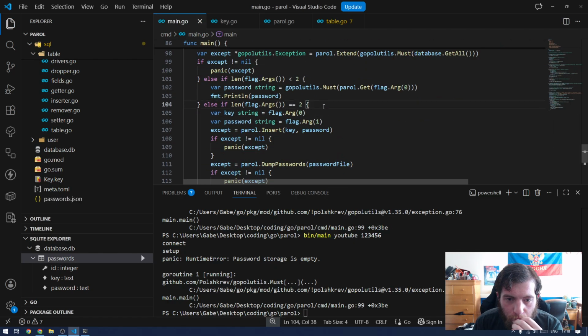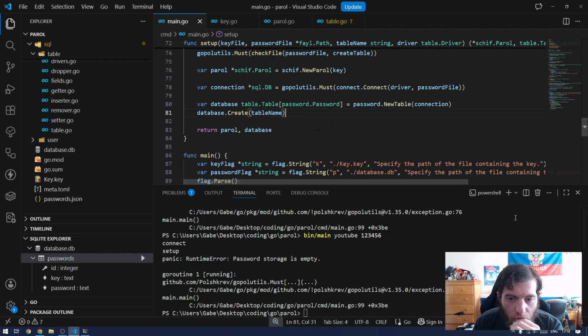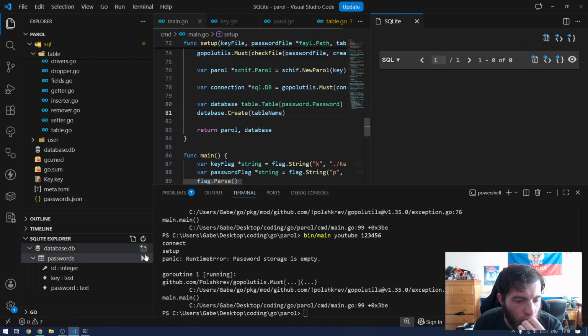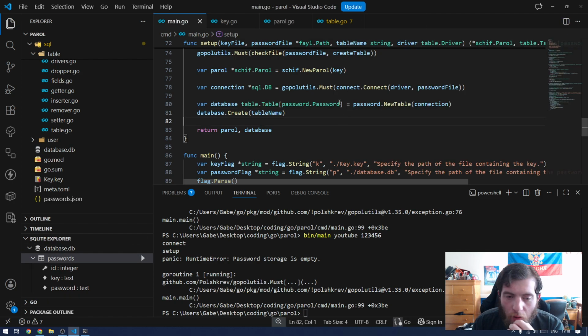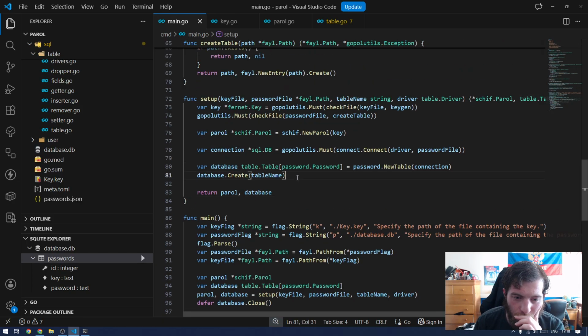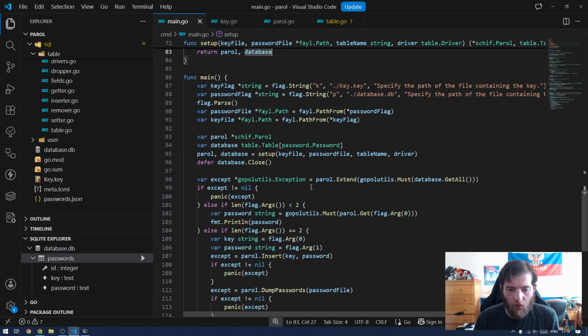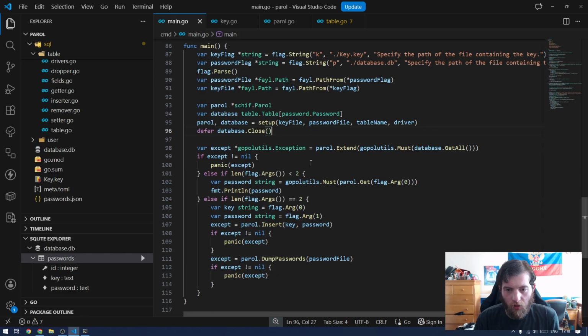Alright, you're correct, yeah. Yeah, okay, let's see. So we create the database, we create the table. Right, we get everything there, and then so you set up deferred database close, and then you read,